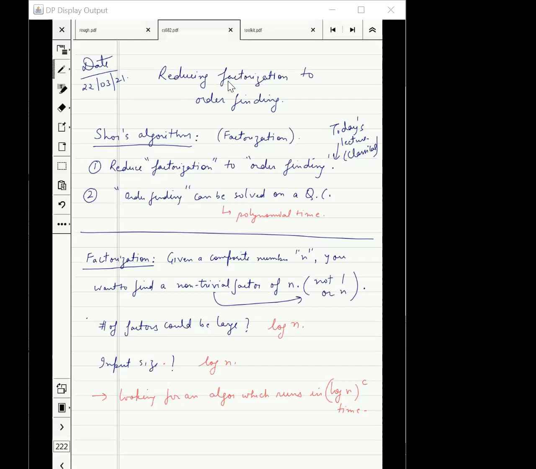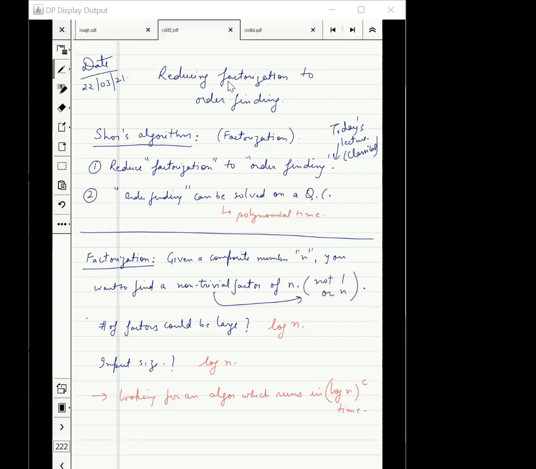That's what I'm trying to say: it's not difficult to give an algorithm which runs in n square time or even n log cube n time. The challenge here is that we want an algorithm which runs in log n to the power c. In other words, our input size is log n. Any power of log n in our running time is fine. Any power of n is bad for us. That should be very, very clear. Generally, when we work with number theoretic algorithms, that's always the case. That's the first thing. That's why this problem is non-trivial.